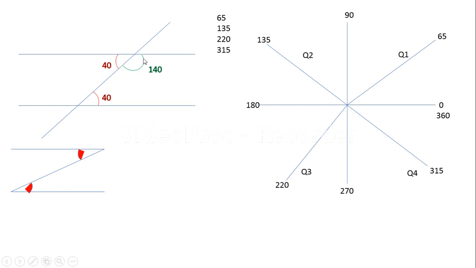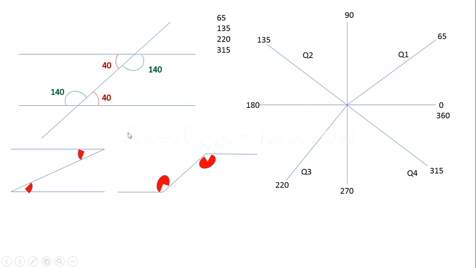Now the second similarity is when this angle is 140, here this angle will also be 140. You can remember this as this shape, starting from here. So this angle will be equal to this angle, 140, whatever the angle, not only 140. Suppose here it is 60, what will be the angle here? It will be 120, because the sum must be supplementary. If it is 120, it is also 120.